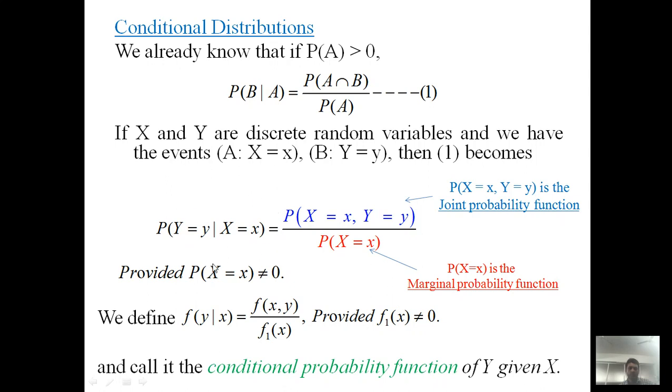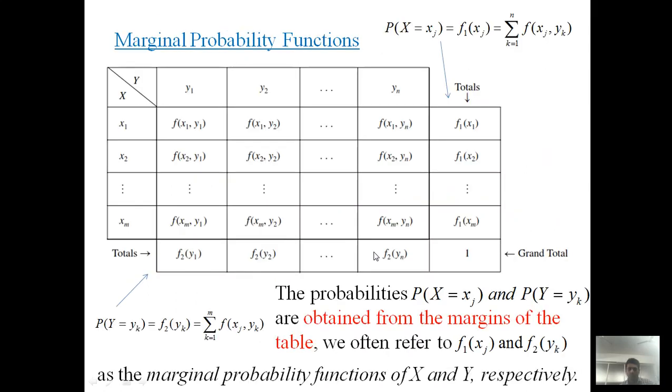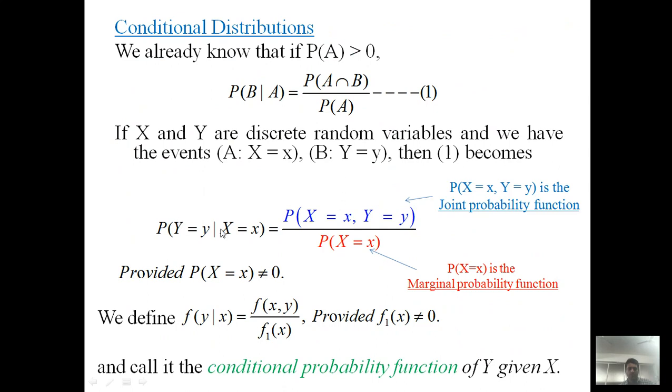So we have to obtain the conditional probability function in terms of the joint probability function, because this numerator represents the joint probability function, and the denominator, as we see in this slide, is the marginal probability function. So conditional probability is just a combination of the joint probability function and the marginal probability function. Now remember one important thing: the denominator must not be equal to 0, otherwise the probability tends to infinity, which never happens, because the probability of any event lies between 0 and 1.